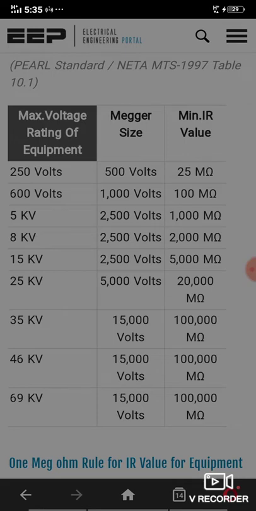Maximum voltage equipment 15 kVA highest 1000 per volt per mega ohms, 25 kV 500 volts to 18,000 mega ohms, 35 kV 15,000 volts 10,000 mega ohms, 69 kVA 15,000 volts. So